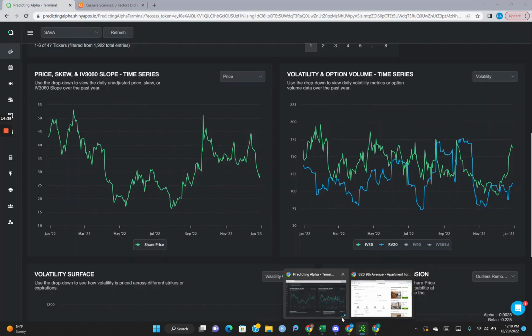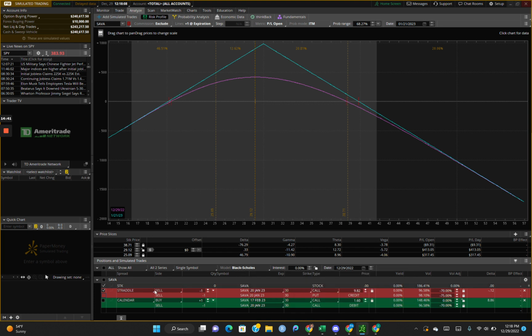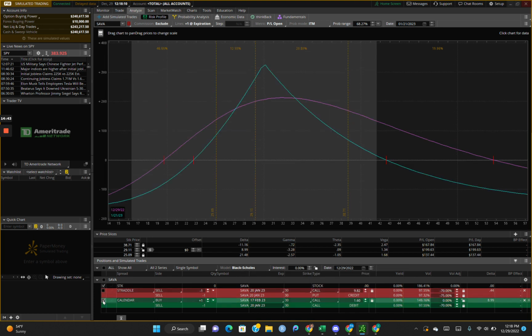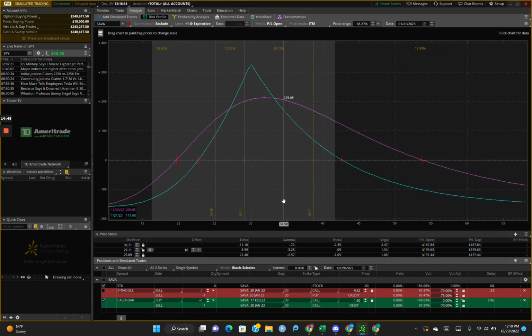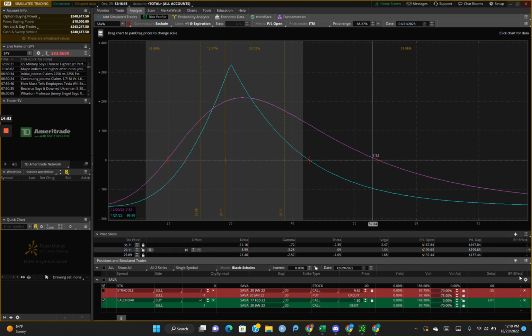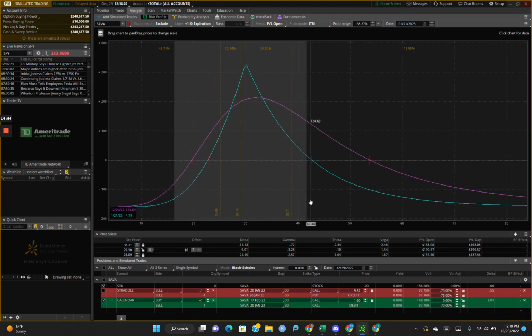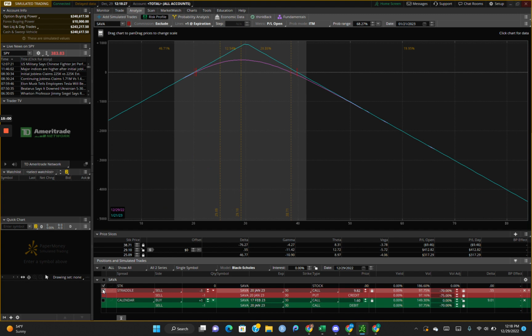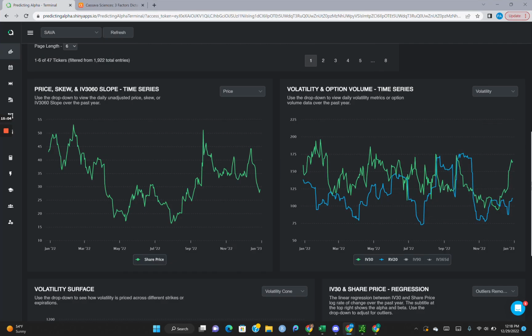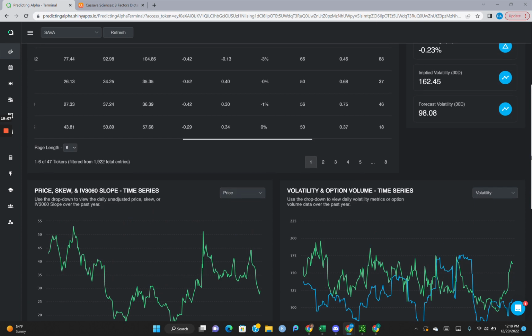But if you don't, we can use the predicting alpha terminal to still try to get some exposure to something that we think might be overpriced without completely losing everything on this trade if it doesn't work out, right? We're paying a debit of 160, so the most we can lose is 160 bucks, versus the straddle where we can lose infinite, right? There's no free lunch in this game, but there are ways that we can help maximize our view and our confidence intervals.